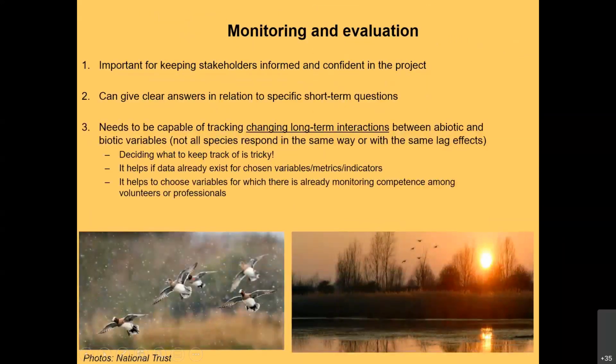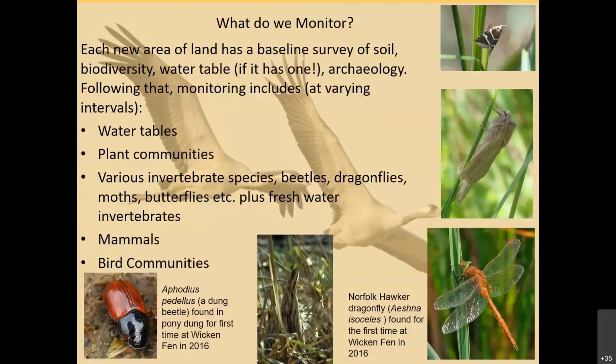So what do we monitor? Well, we monitor all of the individual groups you'd expect: invertebrates, water table, vegetation, mammals, etc. We also monitor how grazers interact and use their range. We monitor plant colonisation, ground disturbance, and we've also looked at the carbon budget for our areas. And all of this is to help us track the change and the direction of change. Things such as how large areas and new available land is used by plants and animals within the landscape,